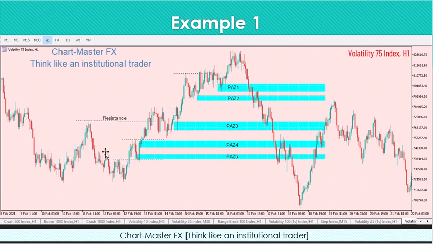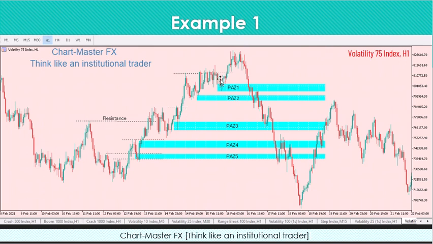You identify another one here, you draw your resistance line. You identify another one, you draw your resistance line, and again for each one after that. This is how you draw these resistance lines, guys. Once you do that,